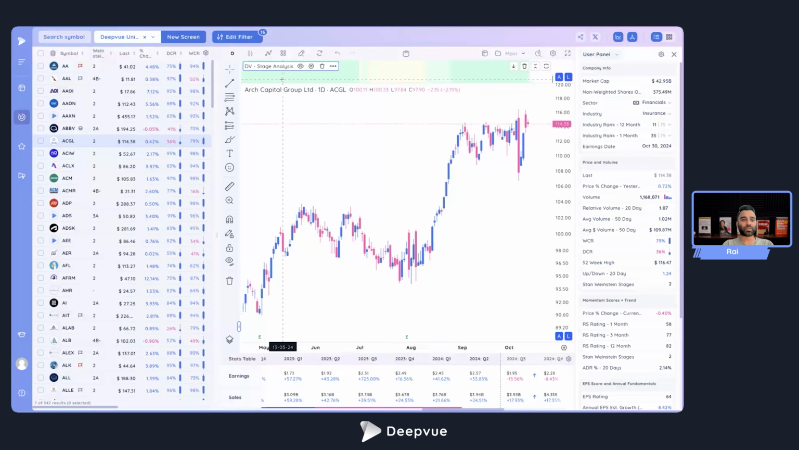So we've covered basically 3 ways. One is to have it as a column. Second is to have it in your data panel. Third is to have it within the charting module as an indicator. So we've covered those 3 ways, and now let's get into a little bit of how to scan for stage